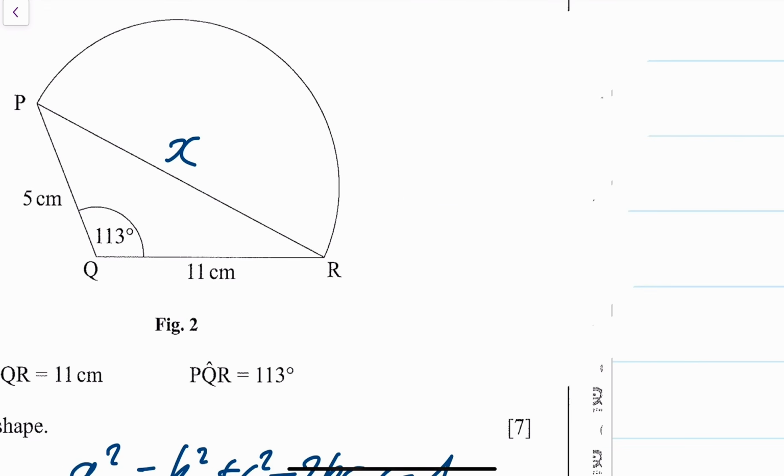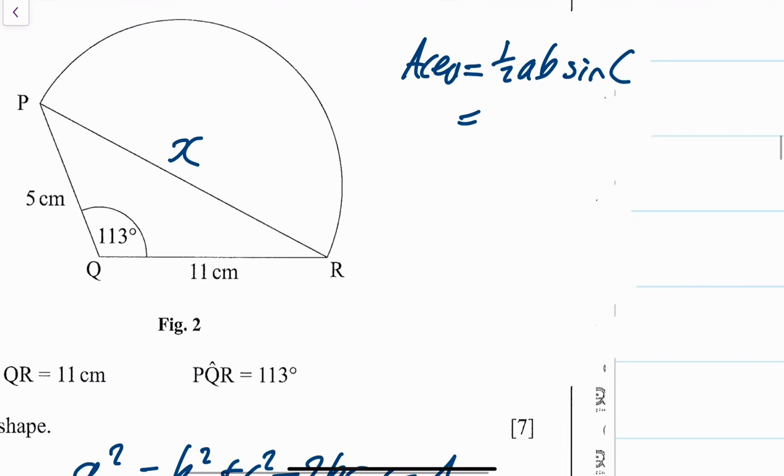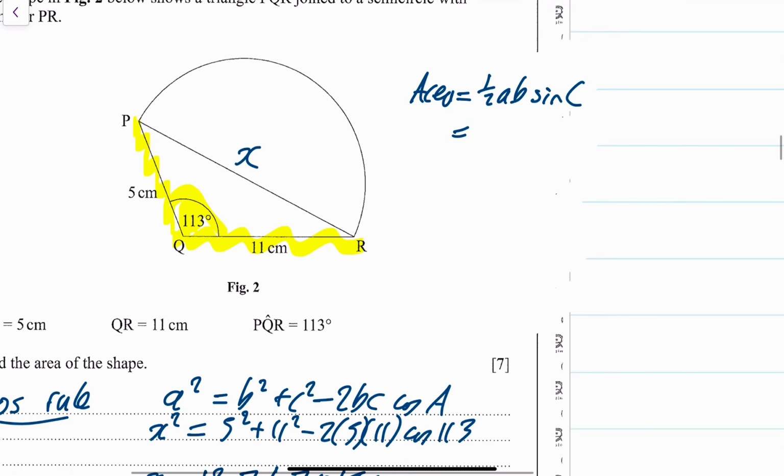We want to find the area of this triangle, and we're going to use another formula for triangles, which is area is a half ab sine C. So much like your cosine rule, this is to find the area if you've got two sides and again their included angle, which we have. Happy days. So that's going to be a half times 5 times 11 times sine of 113,